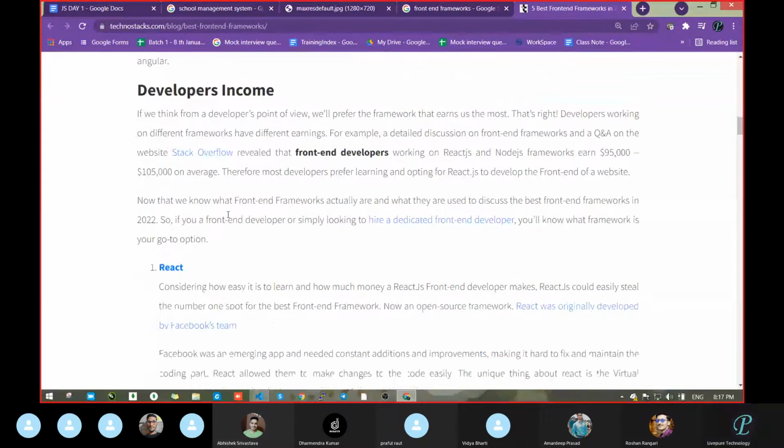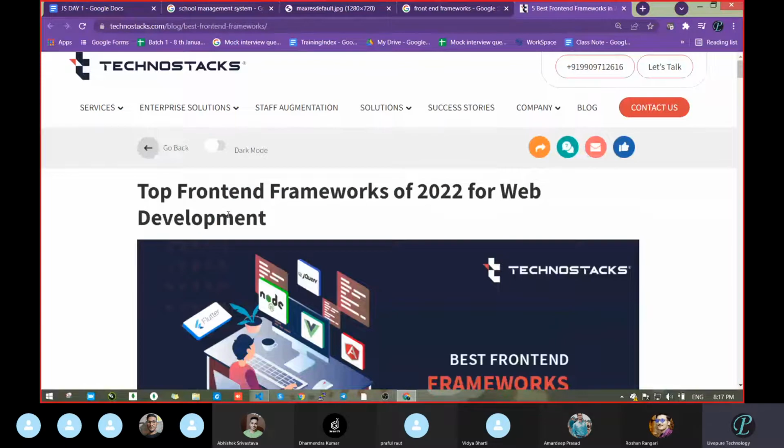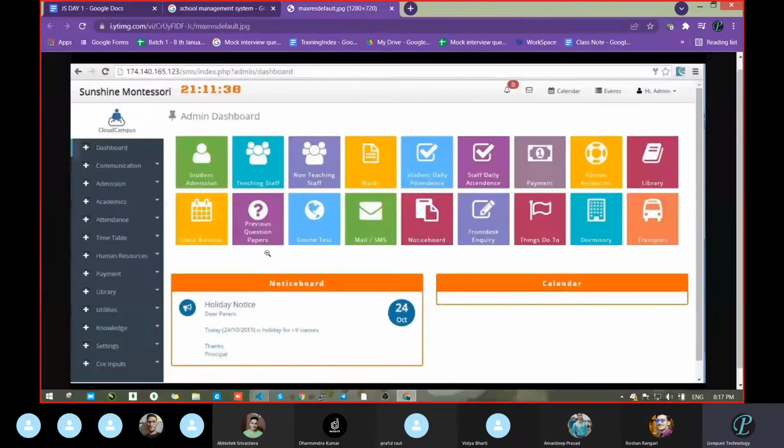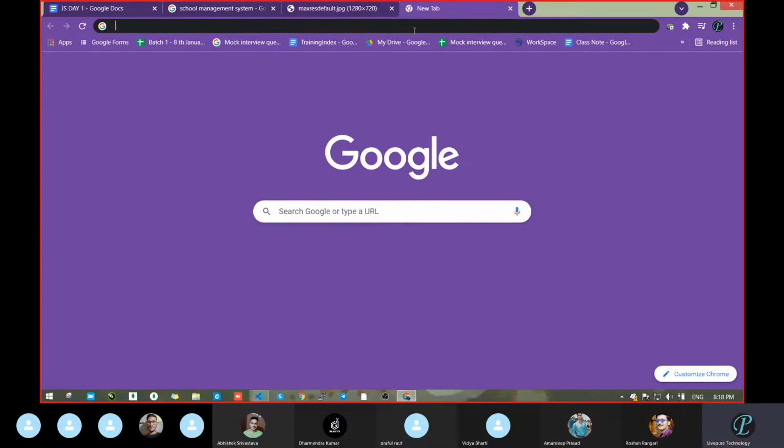So in front end, we learned three types of frameworks. Now the question is, what is the need of a framework? Because we can do the same thing with the help of HTML, CSS, and JavaScript. Now I showed you how to convert your project into HTML, app.component.html, app.component.css. So we are doing the same thing in HTML and CSS. For simplicity, we use the framework. Got it? And it is the most popular and most in demand also.